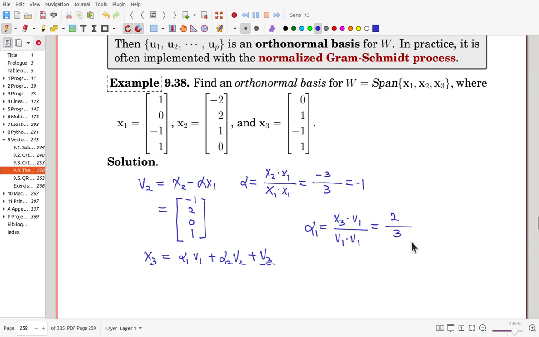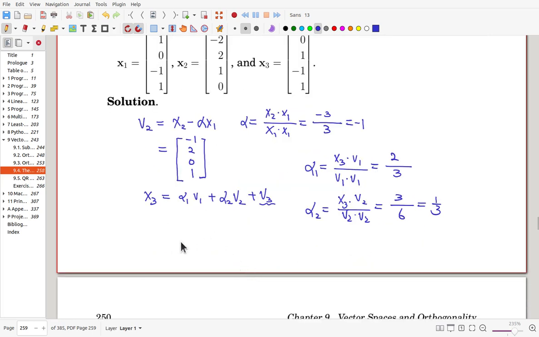Okay, now it's not an integer, but anyway. Now alpha 2, that must be here x3 projected to V2, over V2 dot V2. Now x3 dot V2, the dot product must be 0 0, okay, that is 0, and 2 0 and plus 1, so it is a 3, and V2 dot V2 is 1 4 1, that is a 6, so that is a half. Okay, so we have to do non-integer computation, but anyway,